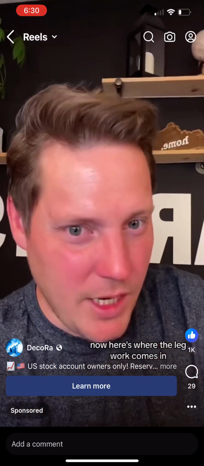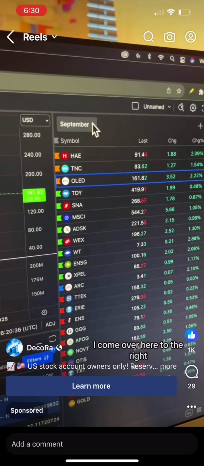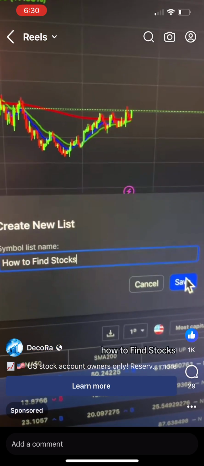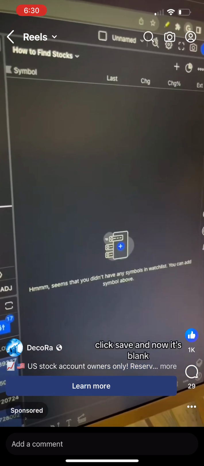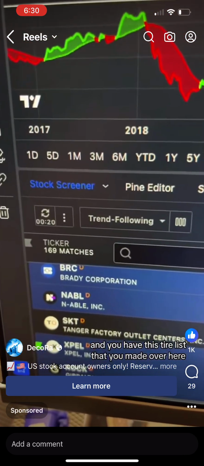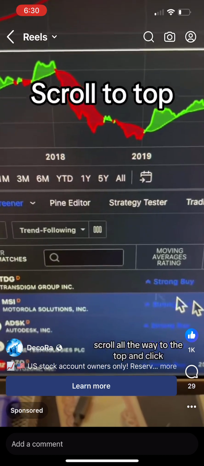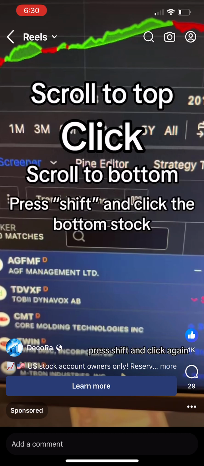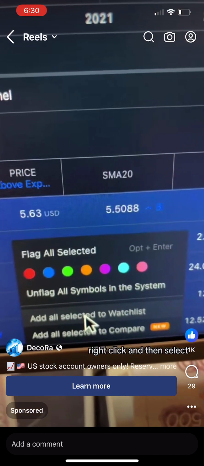Now here's where the legwork comes in. I come over here to the right and I create a new list. We'll call this How to Find Stocks. Click Save. And now it's blank, and you have this entire list that you made over here. Scroll all the way to the top and click. Then scroll all the way to the bottom, press Shift and click again, right click, and then select Add All